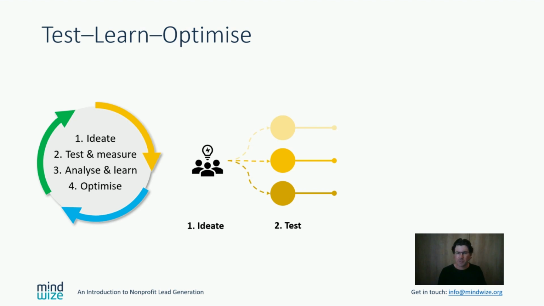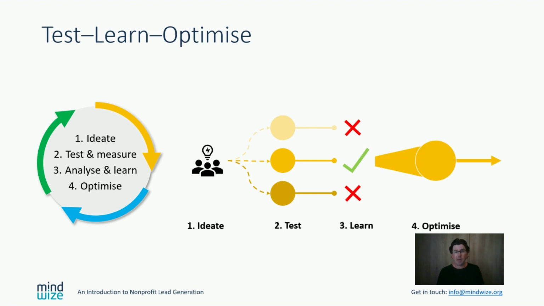Next, once we have significant results, we analyze to learn which of these campaigns and creative worked best for which audiences according to your key metrics. Now, it's really important at this stage to analyze all metrics relevant to your primary campaign objectives. So if you're doing a 2-step campaign involving phone conversion for donor acquisition, don't just focus on the cost per lead. You really need to measure and factor in phone conversion rate as well, so that you get a cost per donor, which is actually your most important metric. Then lastly, we optimize the program by rolling out the winning campaign or campaigns that delivered acceptable results.